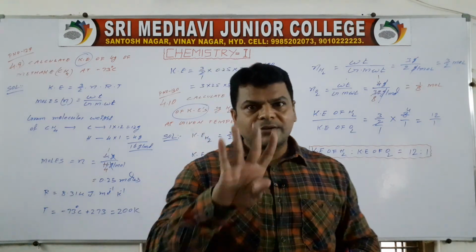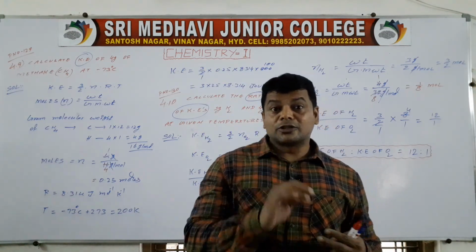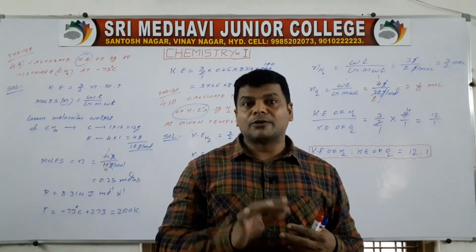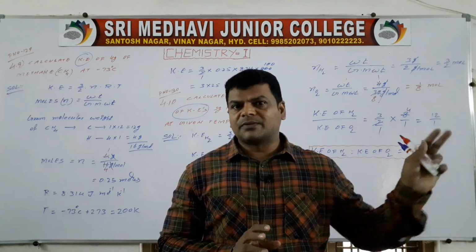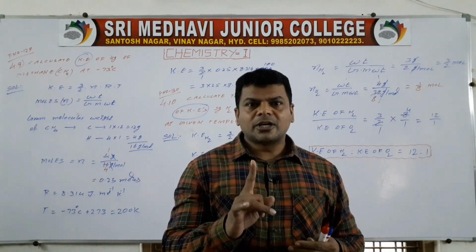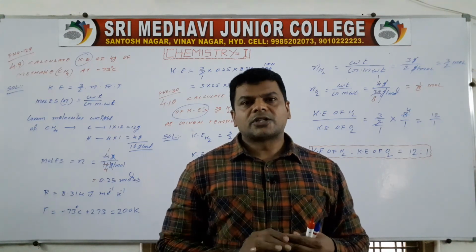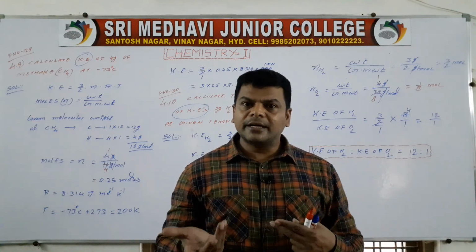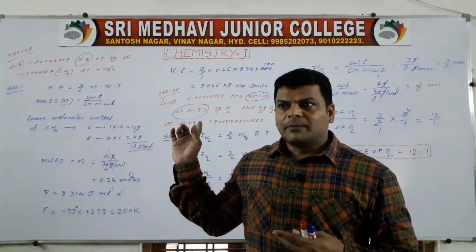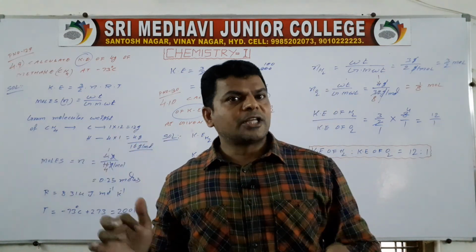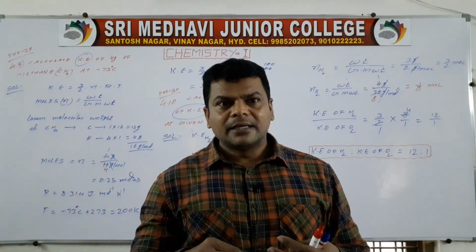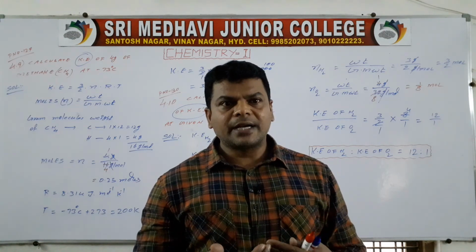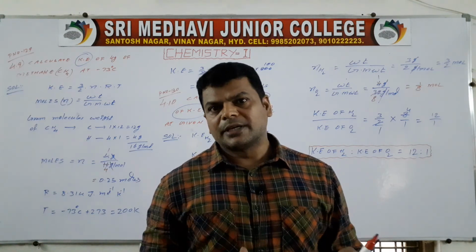Already this chapter is the fourth chapter. If you are perfect in the first 3 chapters, then you will get 24 marks. The first 2 chapters are for long answers, the third chapter is for short answers, and the 4th and 5th chapters are for short and very short answers. So before I start the chapter, I am telling you how many marks you are going to get from this chapter and what type of questions you will get.